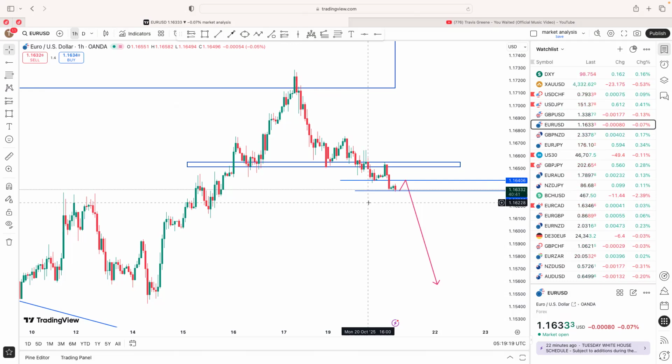Okay. But use proper risk management because the possibilities on this Euro USD, right? It could still turn a little bit back and then we continue to go down. I would say,